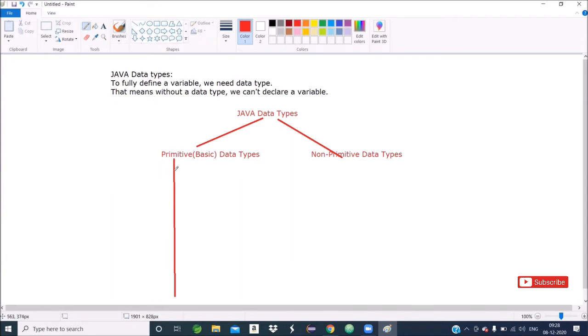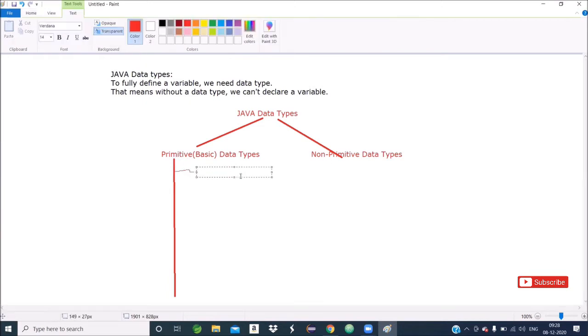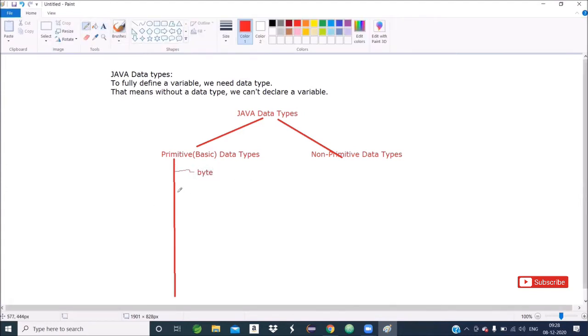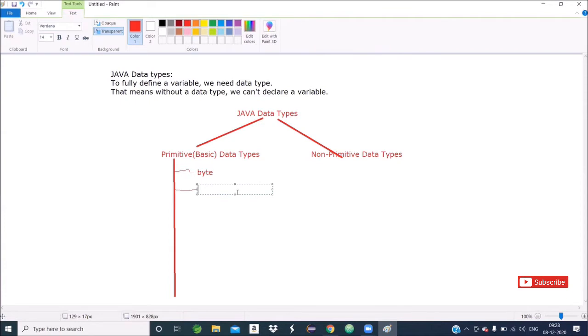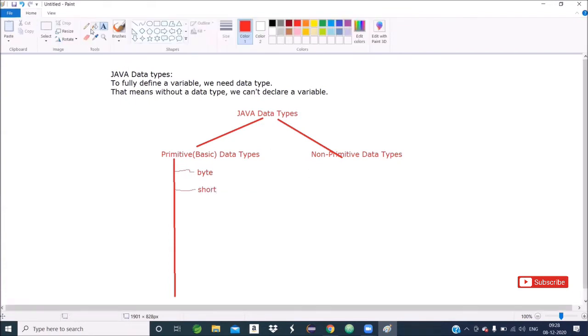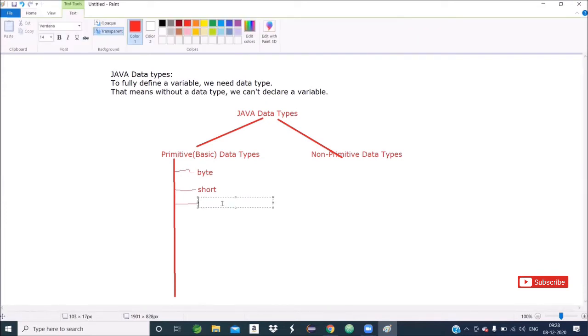First one, byte. Second, short. Third, int.